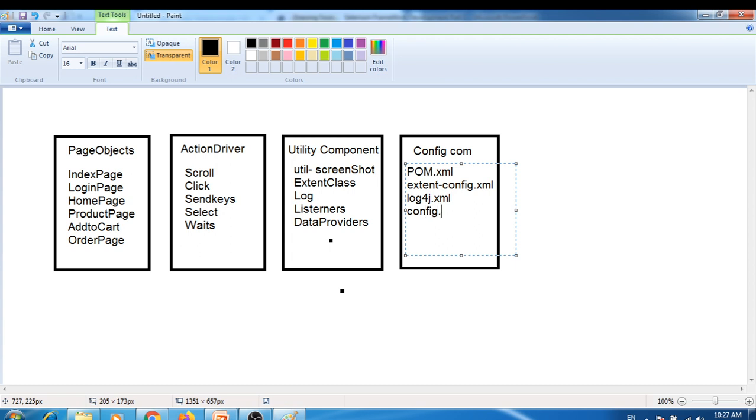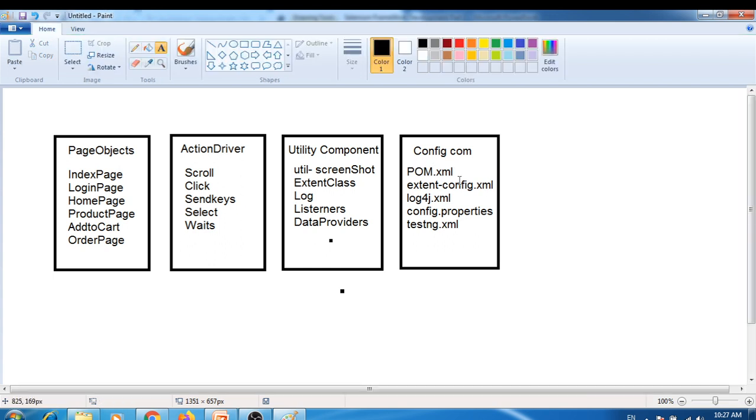We need config.properties as well, to read the constants from the config.properties file. And I think these are the 4 components we have. TestNG.xml to run our test cases xml. So these are the different components under this config component. Okay, and we need one folder component as well, where we'll create different folders,